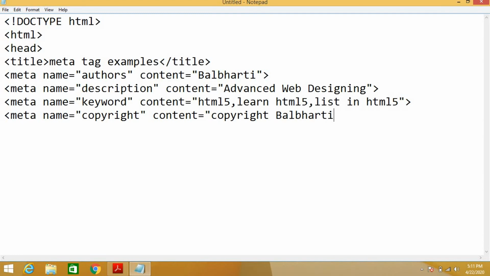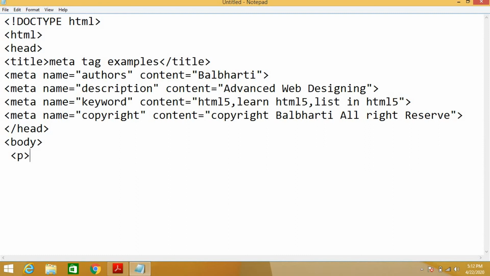You can write anything over here as per your requirement, all rights reserved. After that close the head tag, open the body tag, then write something in this.